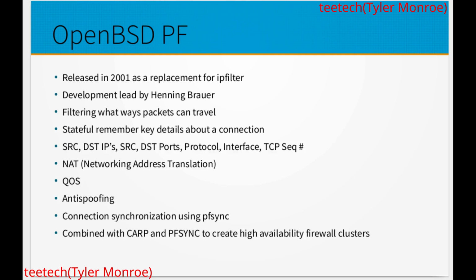PF was released in 2001, and it was actually coded because they needed a replacement for IPFilter. And IPFilter was their firewall for a while, until they had some licensing issues. I'm not really going to get very far into that, but they had licensing issues, in other words, and they had to make a replacement to